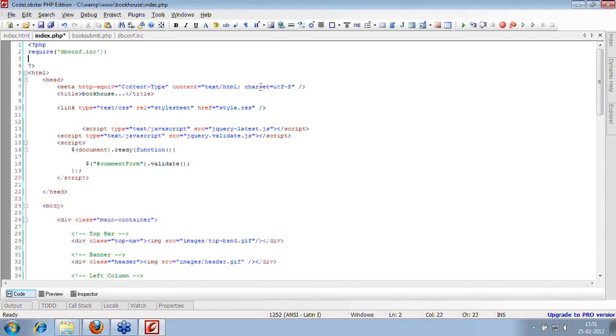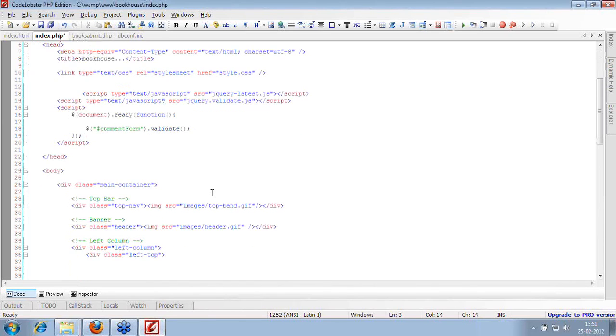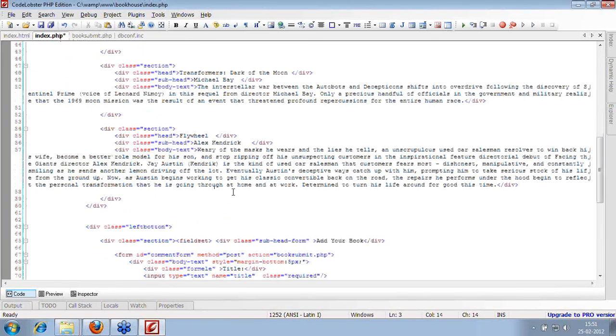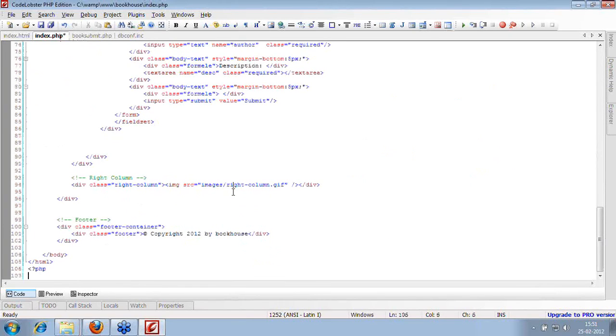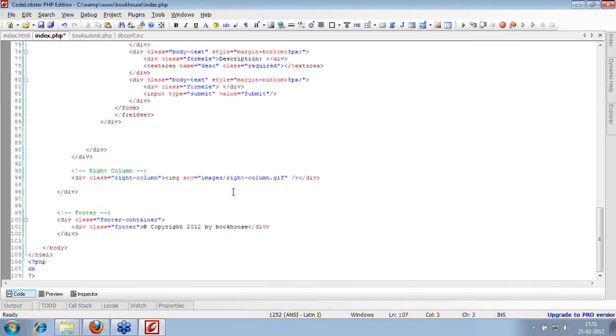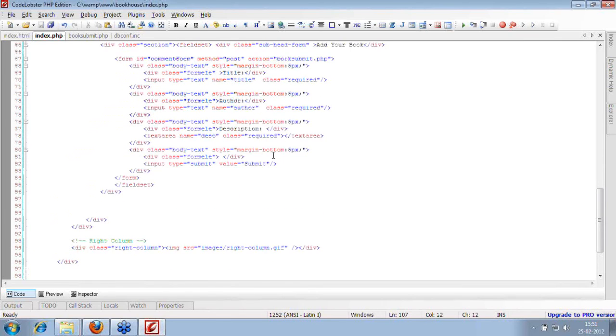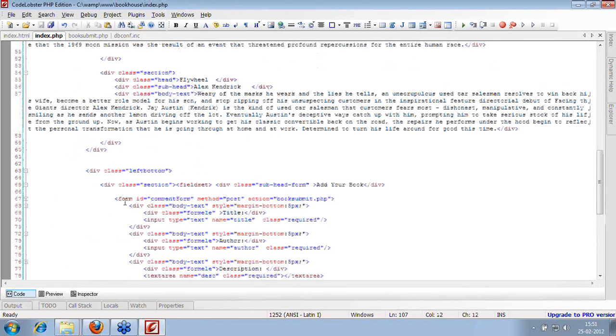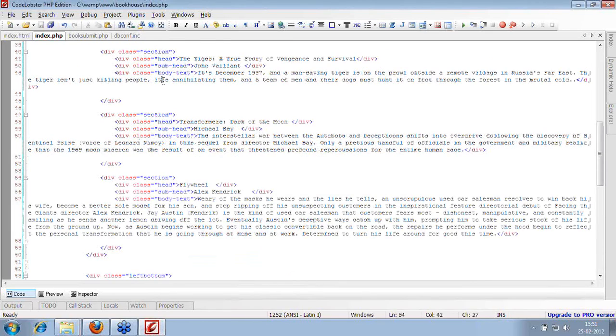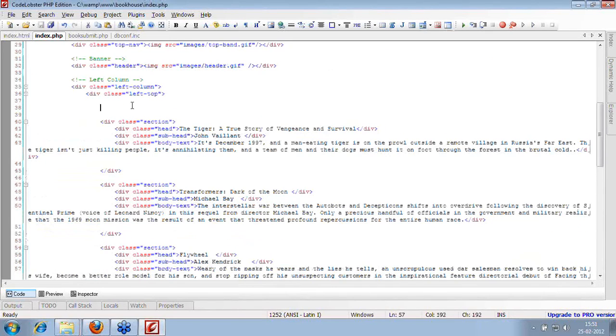Cool. Now connect to the database again. You can connect anywhere, wherever you want, at the beginning of the file or in between, and then close it. I'll just close at the end of the file right now, so it will be easier for you to understand. So db close: started at the beginning and closed at the end. Now, this is the form which we posted data from, but this is the thing we want to populate from the database. So the beauty is I can add the code anywhere in between the HTML.